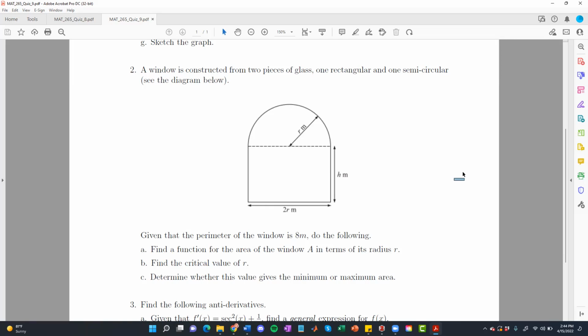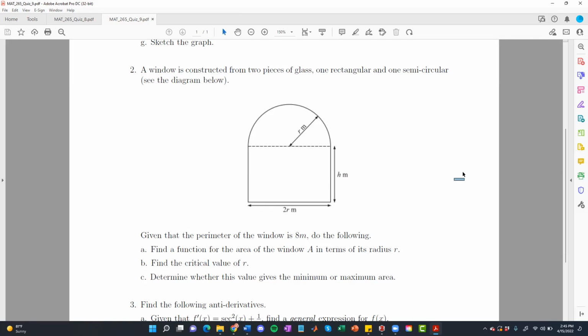I didn't see anyone do this on the quiz, but one thing I want to remind you of, just because sometimes it's convenient, is that the second derivative can also tell you this information. So what is the second derivative of A with respect to R? It is negative 4 minus pi. That's a constant, right? It's a negative constant. Yep. Which means,